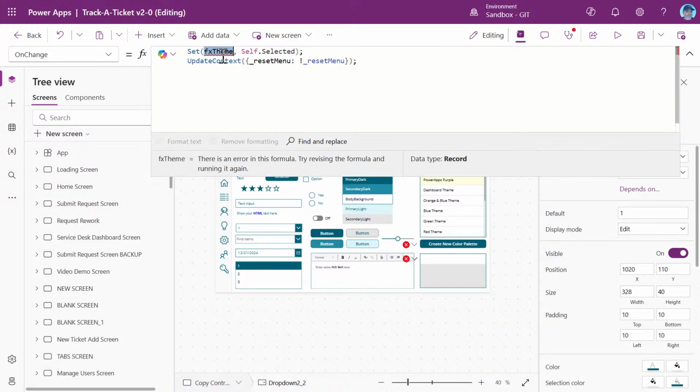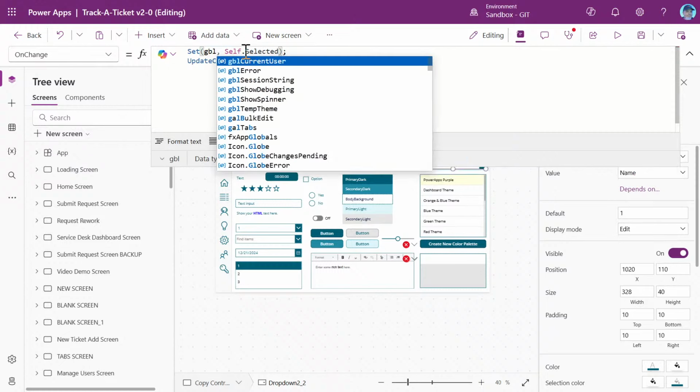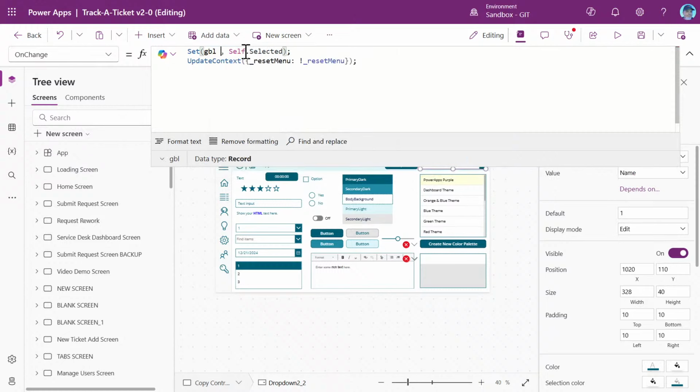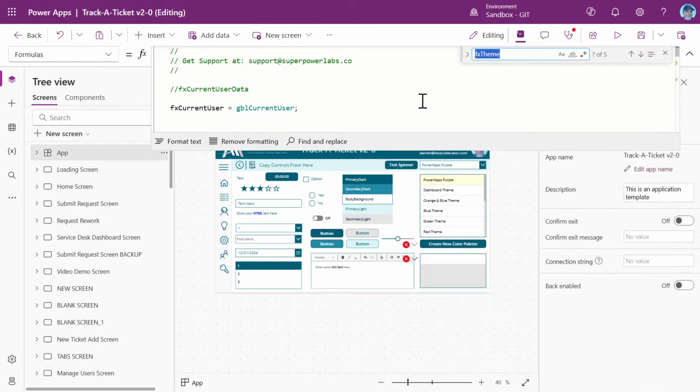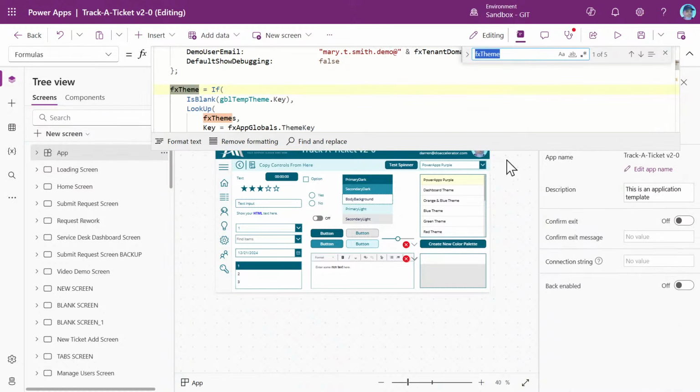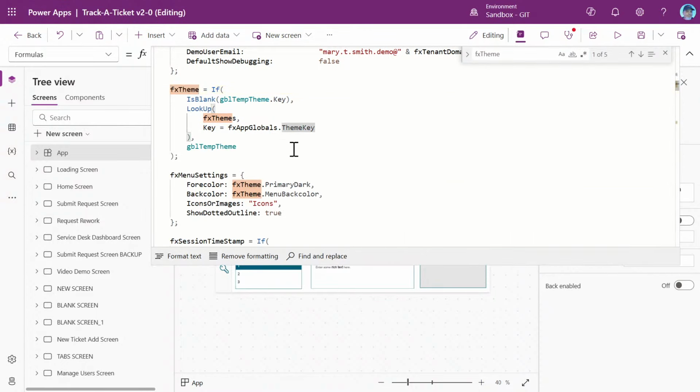But we have that global, GBL. I'm going to go back over to formulas and we'll go do a search for this. Yeah, I guess the first order of operations of what we're going to do: we need to fix a lot of these errors before we can get to the other fun parts. So